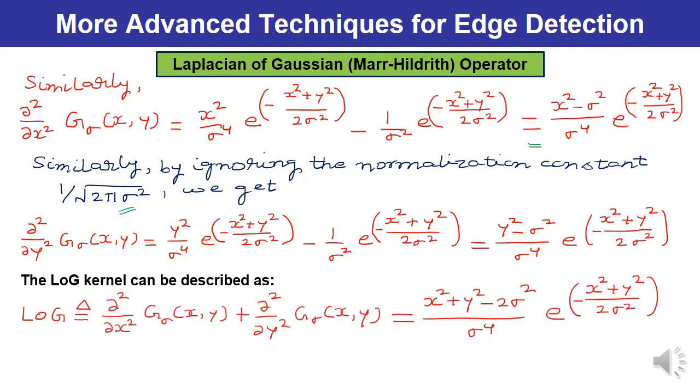So this is how you can write down this particular term, and here you can find that a wider convolution mask is required if the value of this particular coordinate varies. If this value increases, then a wider convolution mask is required to achieve better performance of the edge operator. You must remember it.